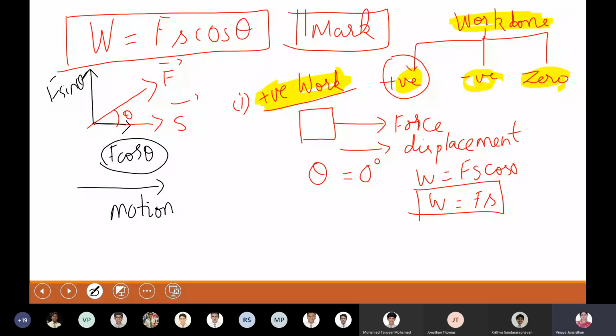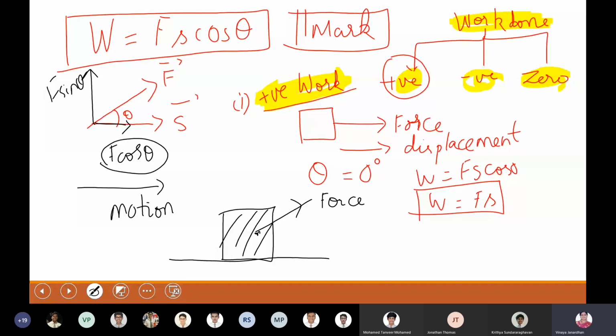Positive x-axis. So the component of the force which is along the direction of motion should be taken into consideration. The body is moving horizontally. Is your body moving vertically up? No. See, this is the condition, boys. You have a wooden block lying on a surface. You're tying it to a string and then you're dragging it. You're applying a force and trying to drag the wooden block. So now the wooden block starts to move in the horizontal direction. Is this picture clear? You have a block lying on a floor, you tie a string to it and then you drag.